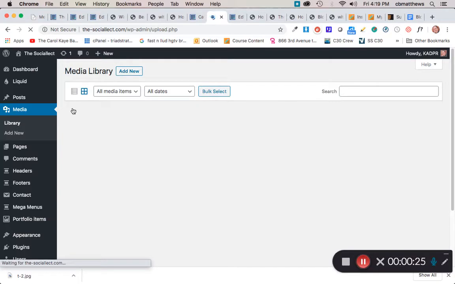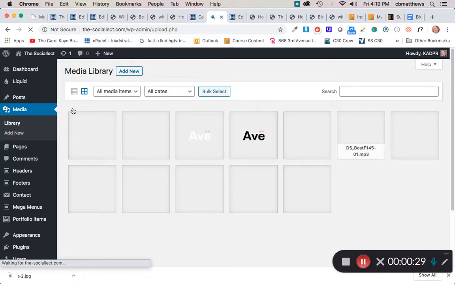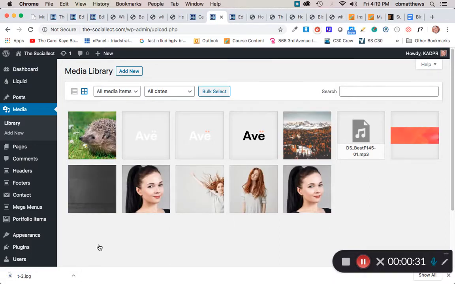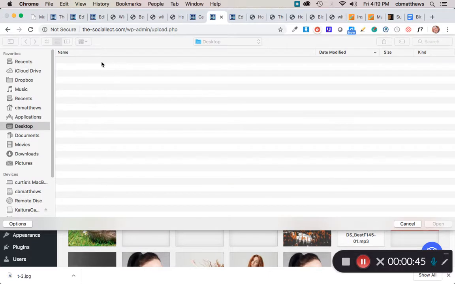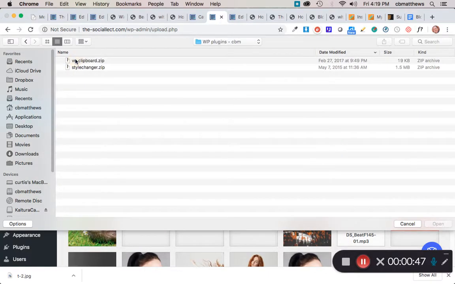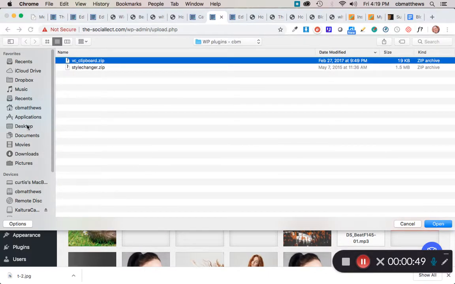One is you're going to upload it at that moment. Two, you're going to go ahead and pick from the media library. I've cut down on the images that are in the media library right here. If you knew that you were going to just add one picture, you could just click the Add New button and either drag and drop it onto here from your desktop, or go to Select Files and navigate until you find the picture that you were looking for and click on it